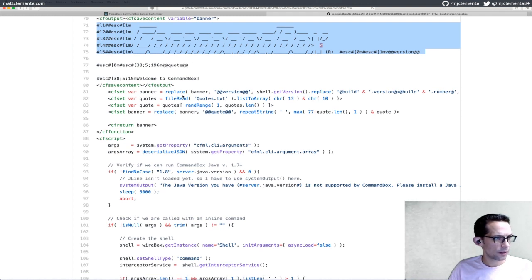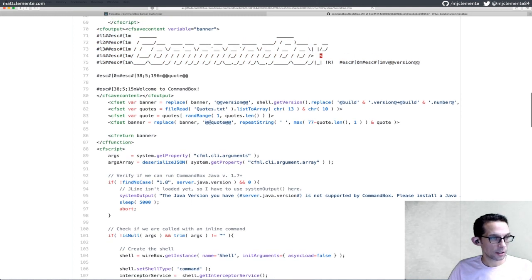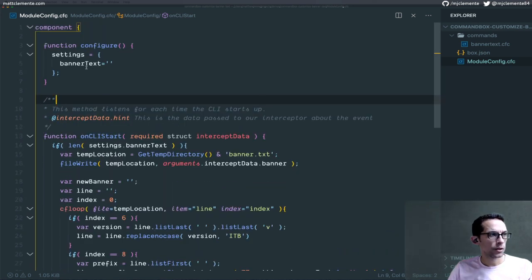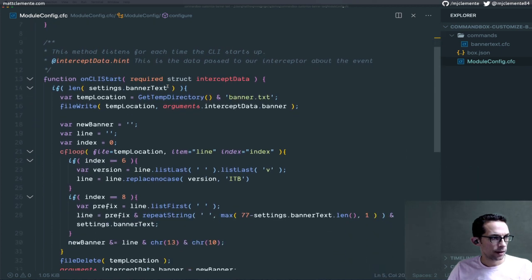And then in here, the quote gets written out to it. The placeholders get replaced. Now, unfortunately, by the time it gets to us, this quote has already been swapped out for whatever default quote is going to be used. So what I did, this module has one setting right now, banner text. And I say, if we have banner text, so if that's being used,